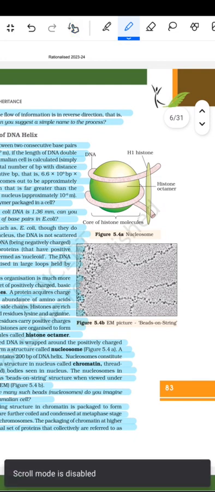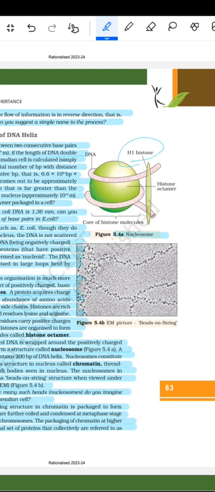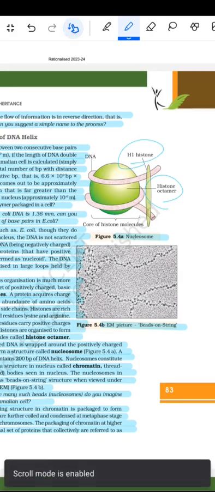तो यहाँ पर यह न्यूक्लियोसोम का पिक्चर दिया हुआ है जिसमें है कोर ऑफ द हिस्टोन मॉलिक्यूल, डीएनए है, H1 हिस्टोन है, हिस्टोन ऑक्टामर है। फिर ये जो पिक्चर है इलेक्ट्रॉन माइक्रोस्कोप का पिक्चर है, बीड्स ऑन द स्ट्रिंग दिखाए हुए हैं।